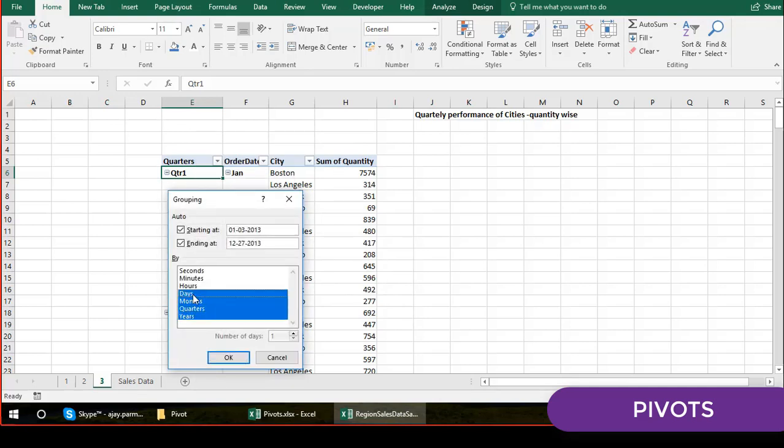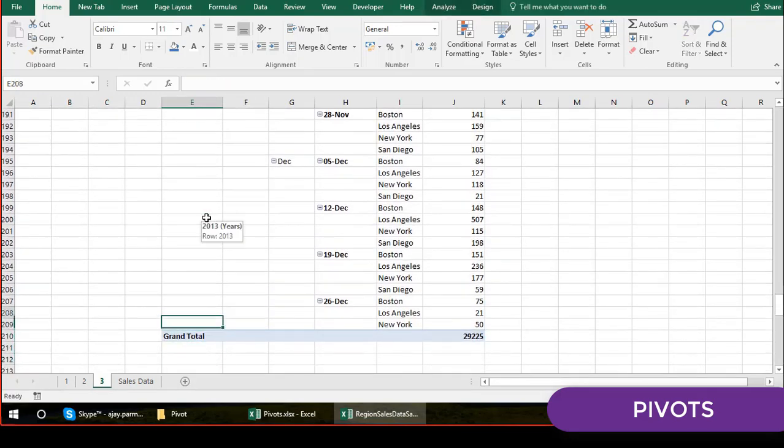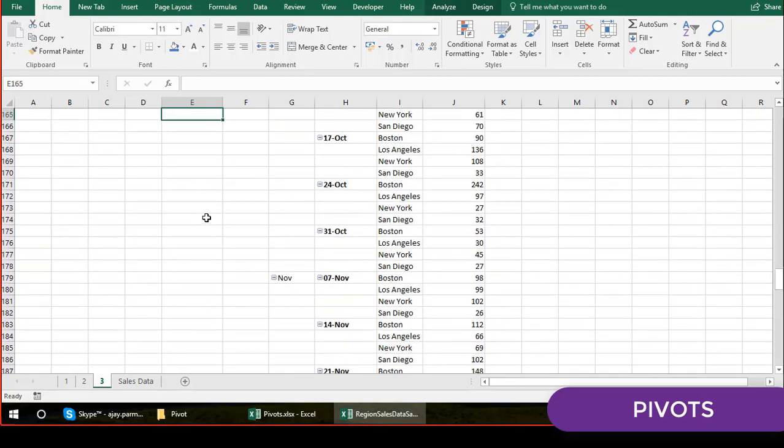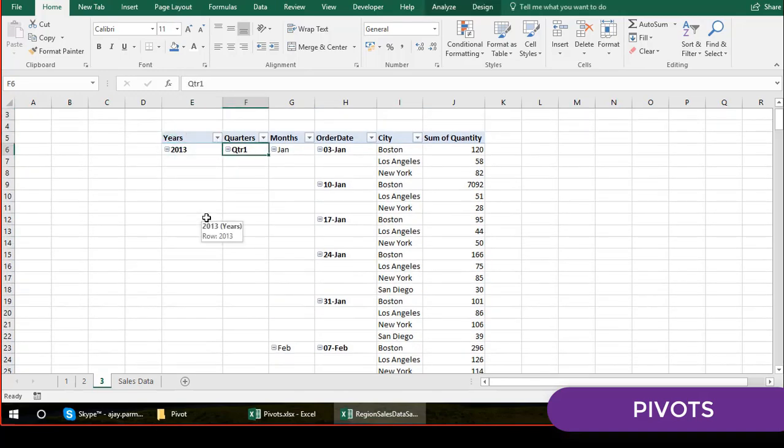Let's say I need all the things, guys. Days also. Look at this, now how the pivot is going to look. You see that in 2003 we have the quarterly performance. If you just go down here, you see the grand total. There is no 2014-15, but if it were there, it would show in this pivot. So this is very nicely built up, and you can see all the performances.